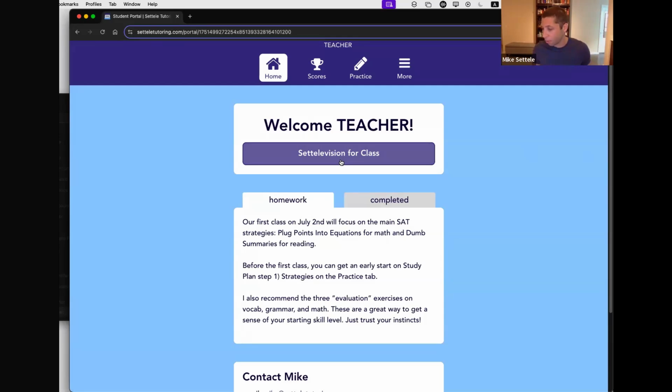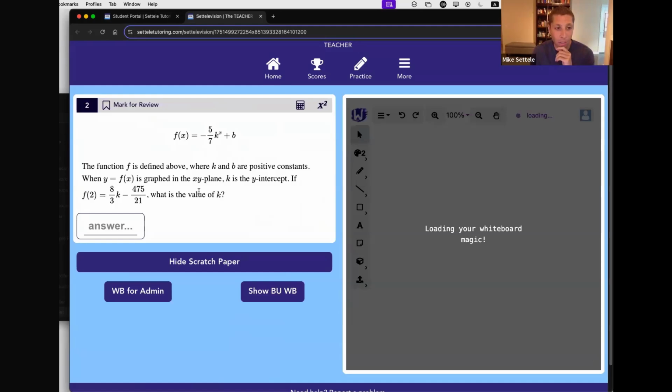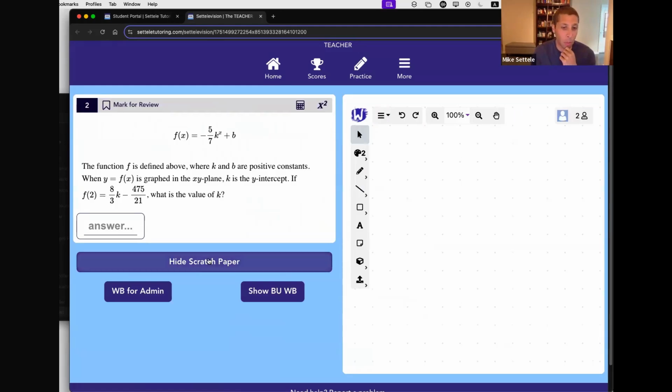And that we can occupy ourselves with for a couple minutes. Don't panic. They're not all going to be this crazy, but if you've got some ideas, feel free to try them. And so eventually you should get to something that looks like this. This is the question. And if you want the scratch paper, you've got it. Basically, what we're going to do is use that so that you guys can interact with these questions as we go. This is, like I said, a very hard one. So no pressure to get this right away. We'll do some easier ones too.